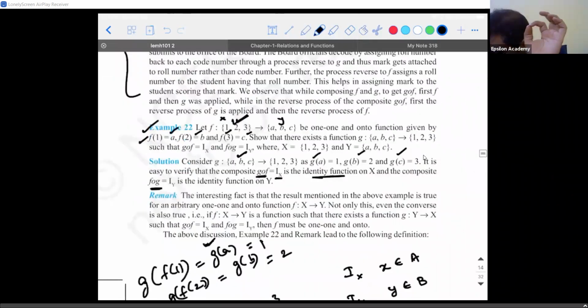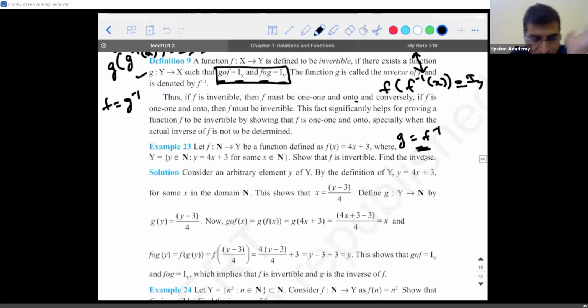Okay, this is the only concept on which the whole next chapter is going to run. The advantage is in that chapter they will not ask you to find the inverse because you are going to deal only with a specific kind of function, that is inverse trigonometric function. Whereas here they will give you some algebraic or polynomial function, or a rational function, and you are expected to calculate the inverse. For that, I am repeating it again, what is the preliminary check you need to do before you proceed with the question? Rohan, what are the preliminary steps?